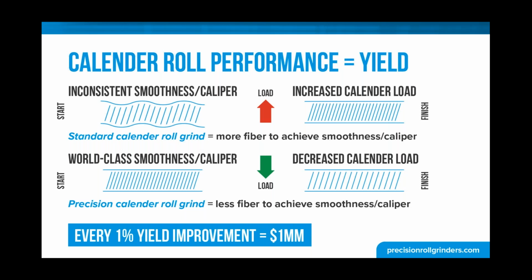So with inconsistent smoothness and caliper, generally what happens is you end up loading the calendar stacks, right? The calendar stacks will correct that. Sometimes it can correct all of it, sometimes it can correct most of it. But a standard calendar roll grind is inducing the kind of variability you see in the upper left-hand corner there in your board. So you load up the calendar stacks, it provides the smoothness that you're looking for, but you have to maintain a certain caliper, a certain gauge. So there's only one way to do that, and that's to put more into the sheet, whether it be fiber or filler,